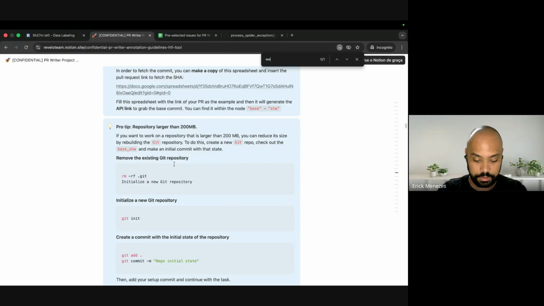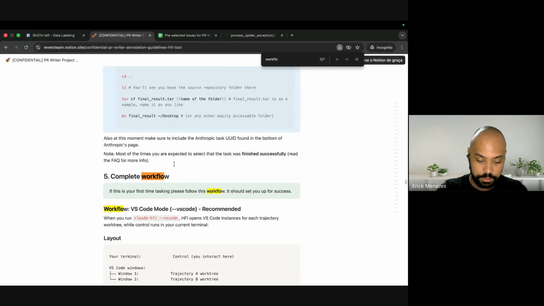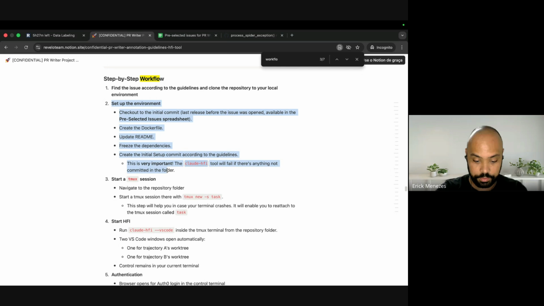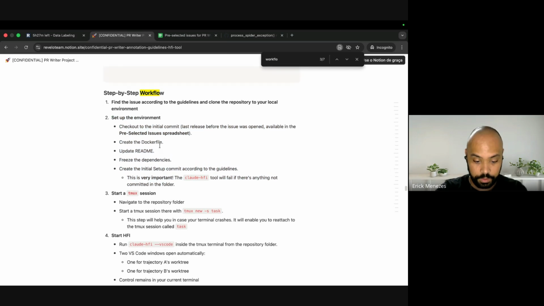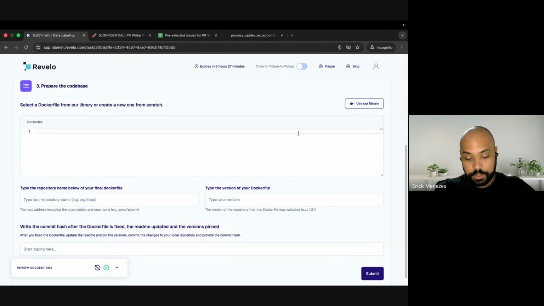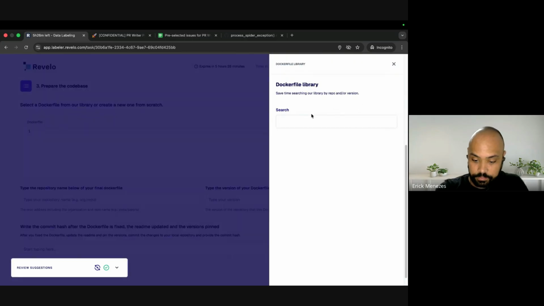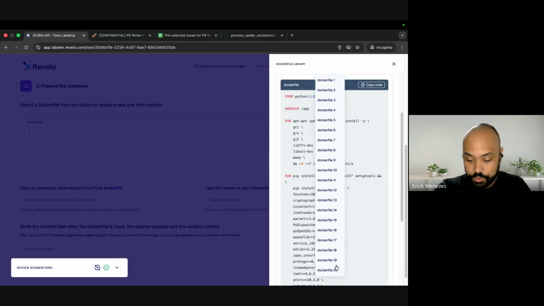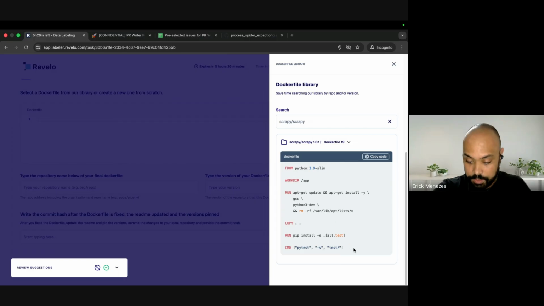We have another step here in the guidelines that takes you through this, which I'm showing here now. But first, let's create the Docker file. You can create a Docker file; we have a library here if you'd like to use it, but you can create your own. What we advise is to use the simpler one, the simpler the better.